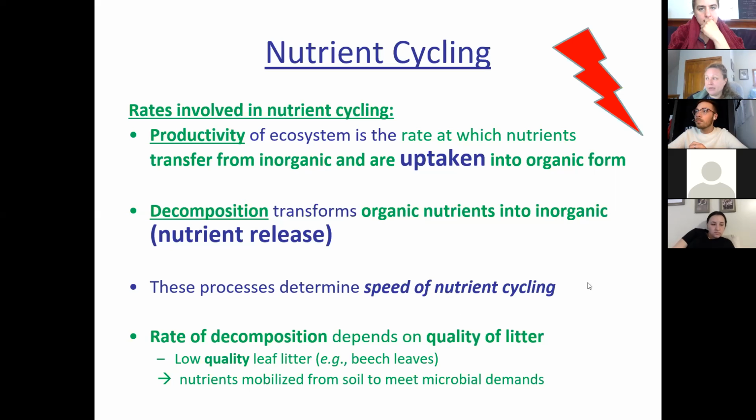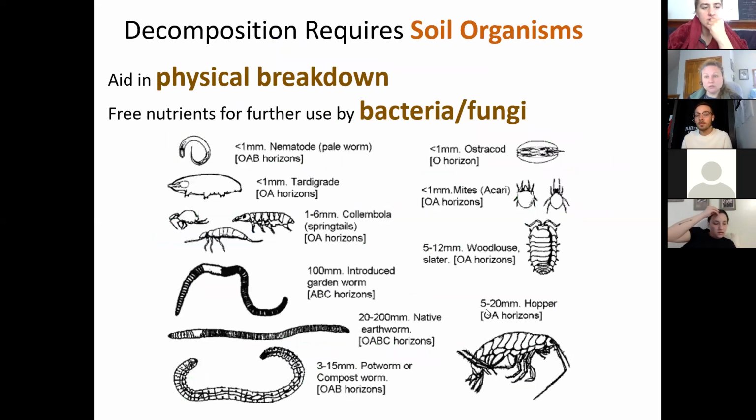And the speed at which they move is a function of temperature and moisture, which we've covered before, as well as the quality of the material. So the quality of the material, remember we talked about beech leaves when we talked about bottom up. Beech leaves had a lot of lignin. They're really tough and they don't break down very easily. So you could be walking in the woods 10 years from now and maybe even see beech leaves, as opposed to maple leaves, which get slimy and bacteria biofilms grow on them really readily. So they'll break down a lot faster. So the quality of the leaf litter, as well as the abiotic factors associated with the conditions.